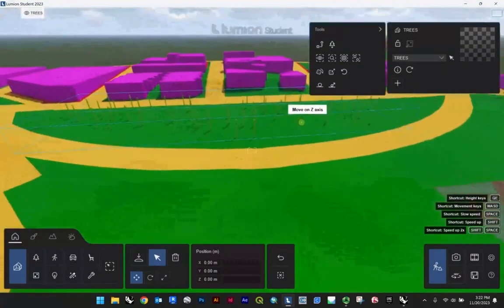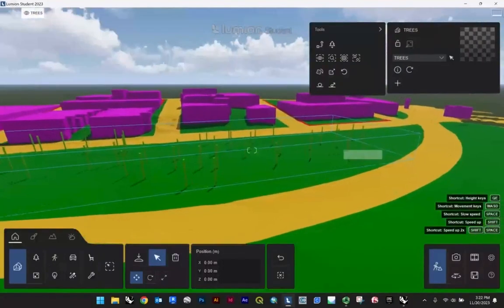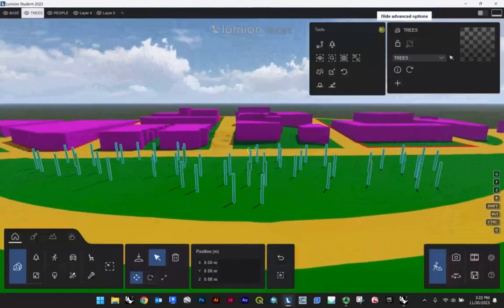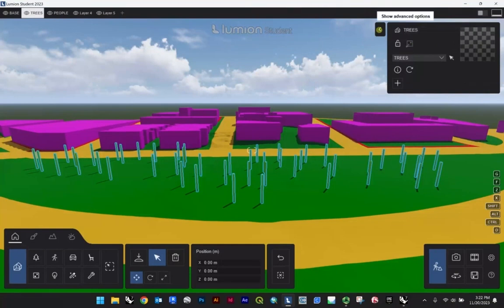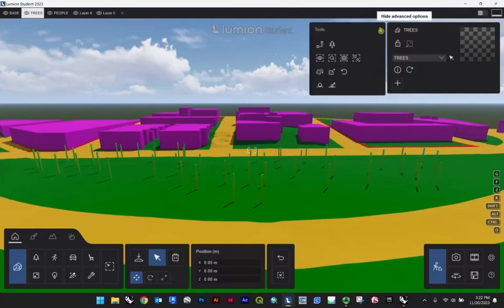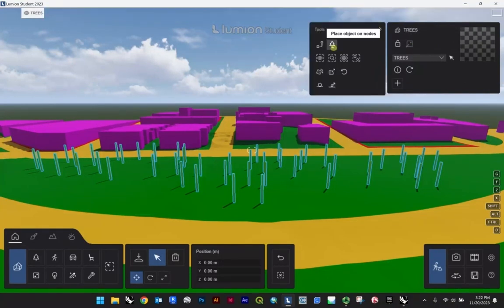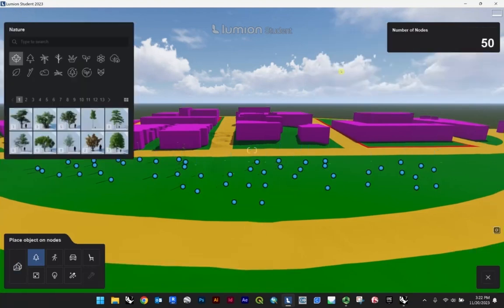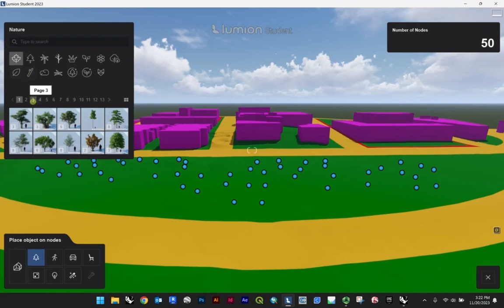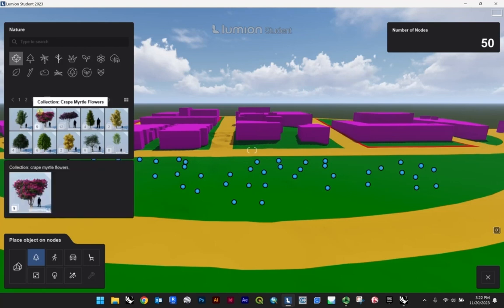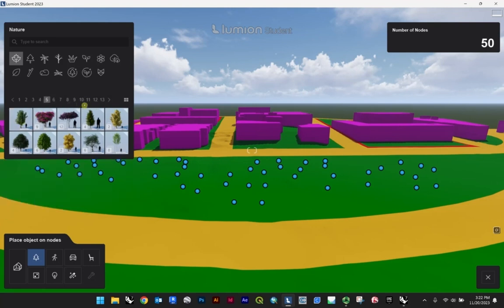Really quickly, I just want to show why those tree files or instances, block instances matter, and that's because your file may look somewhat like this. If you click here on Show Advanced Options, you can actually replace objects on their nodes. So here, that'll be a node replacement, and I can select a tree here. These tree libraries, there's a whole bunch, and I'll show you how to get to these in a different way later when you're just sort of manually placing them rather than this kind of node replacement